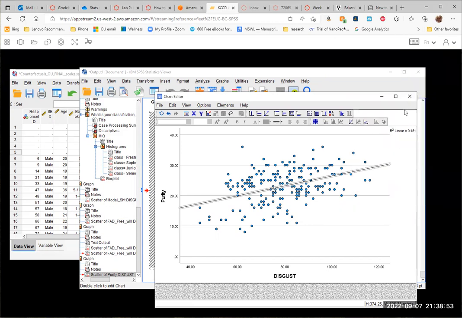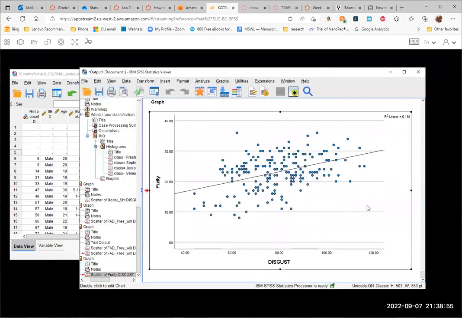You don't have to get rid of that. There's nothing wrong with it. You can leave it there, but there we go. A much stronger positive relationship between discuss sensitivity and the moral domain of purity. All right,